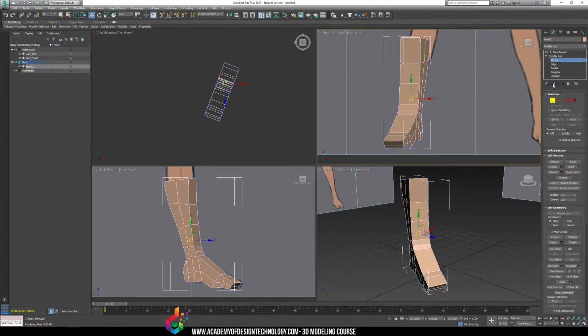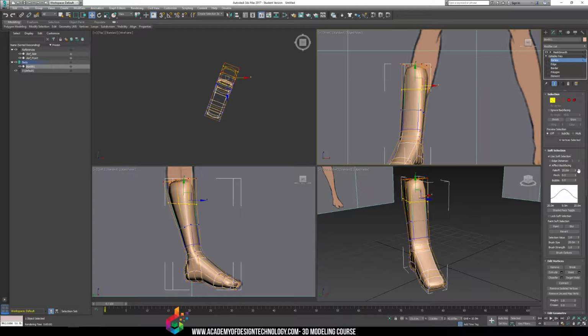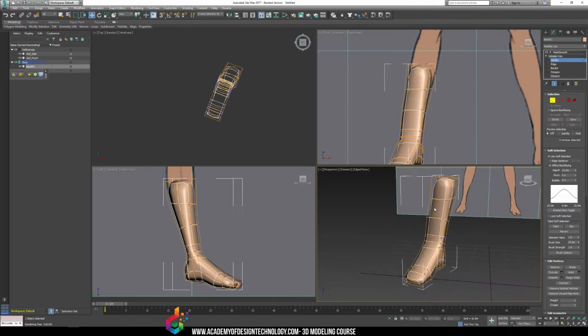And I'm going to make sure, while playing with vertexes, that all my front view lines up with everything else. Now I'm going to use a little bit of soft selection here. I go to soft selection, use soft selection, and I'm going to change my fall off number so that I can change how many vertices it's pulling with it. And I can start changing the actual shape, and it's bending. See how it's bending from the front view there? And we can get a nice